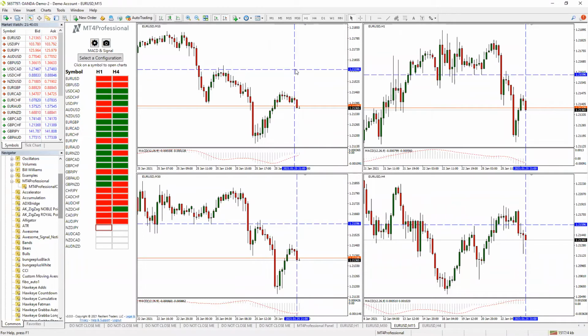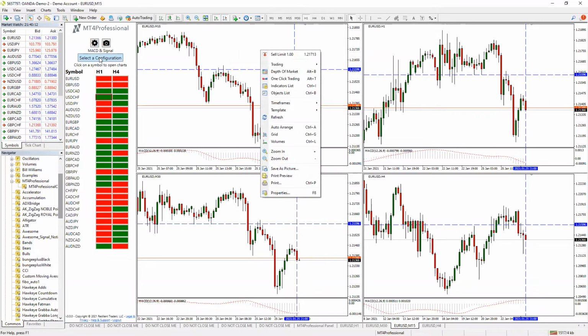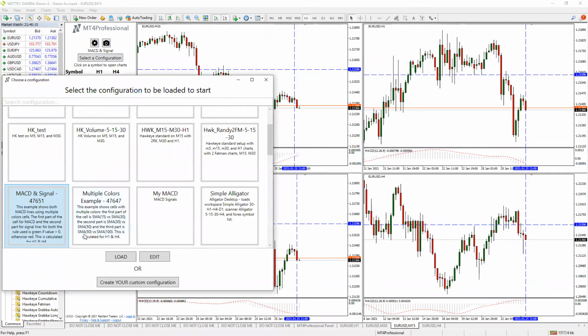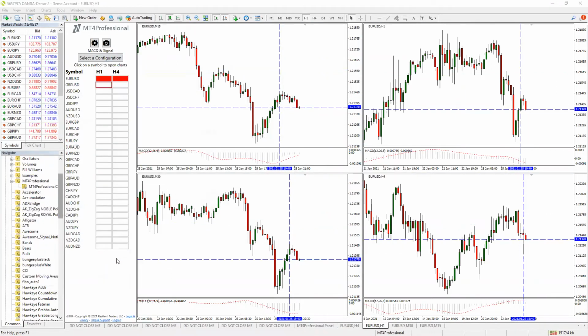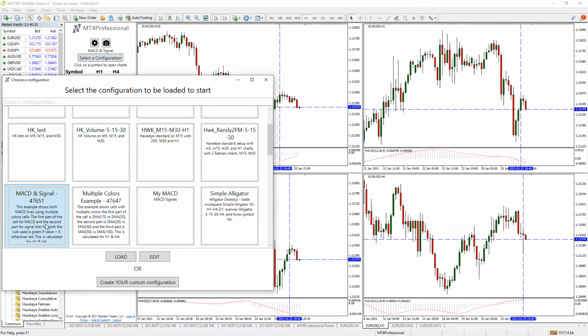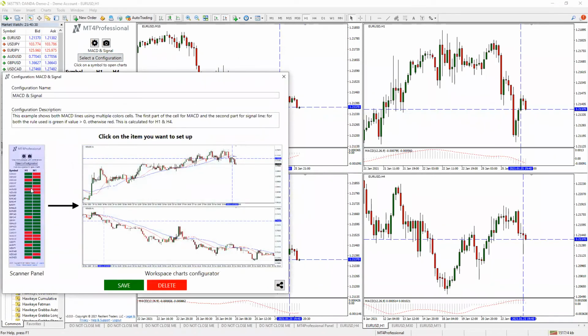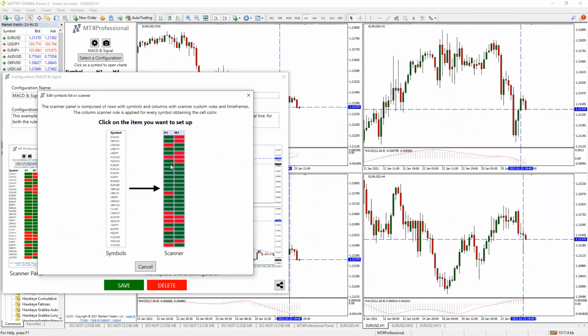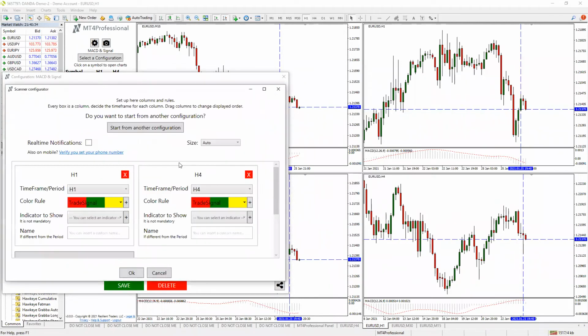If you have a custom MACD indicator, it works perfectly well. Absolutely. If it's not on your list, then when you go in to select your configuration, click on your scanner. I think it's hiding behind the thing. So load, edit. So if you click on the scanner itself and you have your own custom MACD indicator, then when you go through to define the color rules or the signal that you're using,